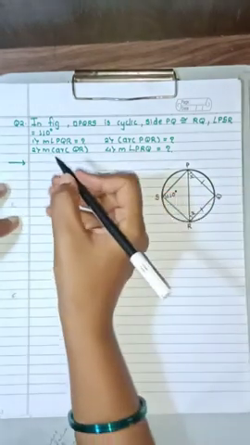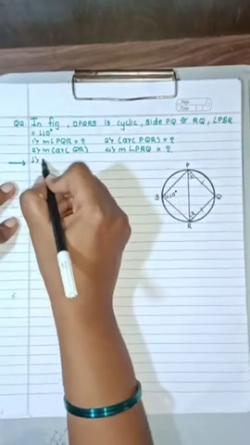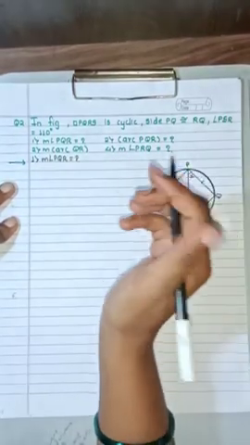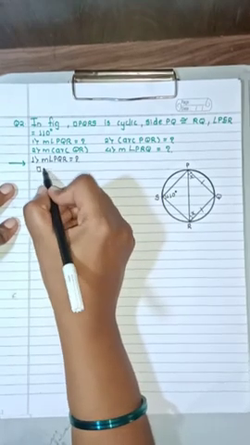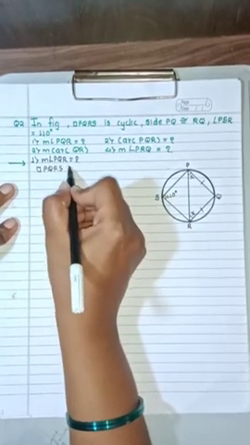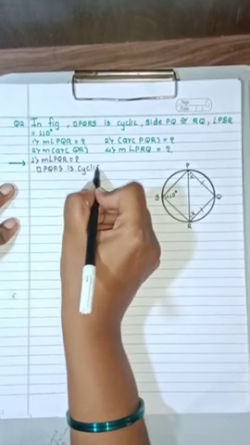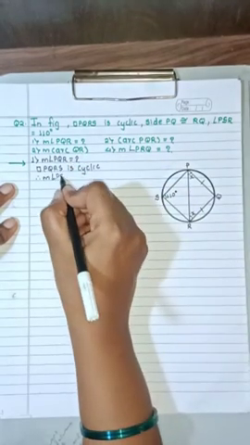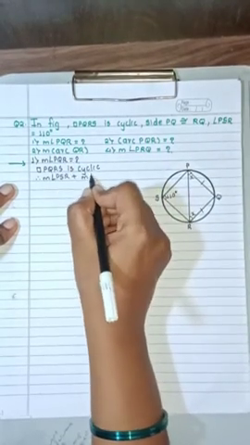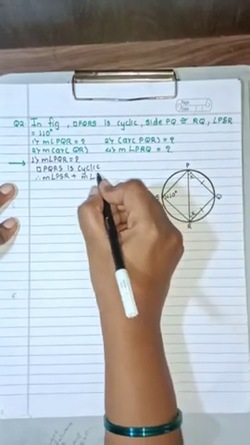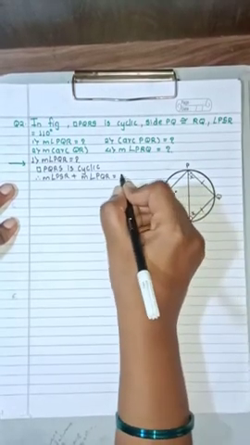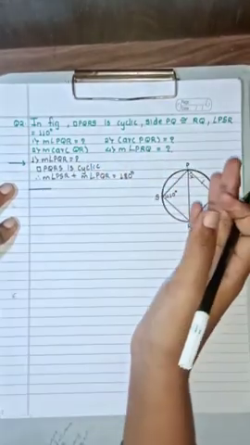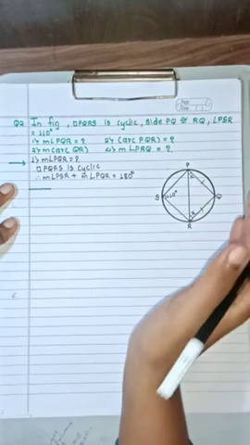Okay, so we'll start with the first one. Measurement of angle PQR is equal to question mark. Now it is given that quadrilateral PQRS is cyclic. Okay, therefore measurement of angle PSR plus measurement of angle PQR is equal to 180 degrees. So what is the reason for this? That the opposite sides, or sorry, opposite angles of a cyclic quadrilateral are supplementary.